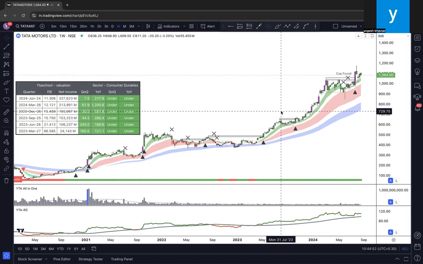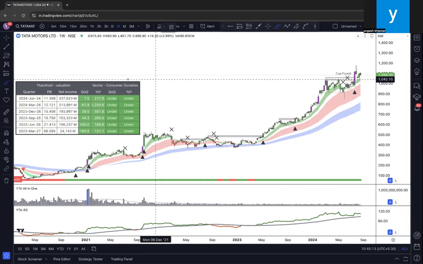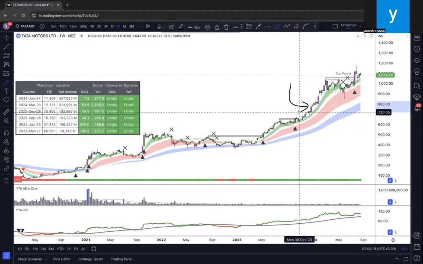So let's get into it one by one: how this system and strategy will help you become a better trader than you were previously. The concept in this system is very simple. This entire indicator consists of the YTA candles. YTA candles means that whenever we see a chart, one particular bar is of 1 week. If you shift to 1 day, it will be of 1 day.